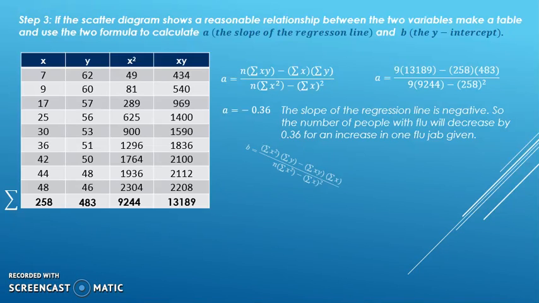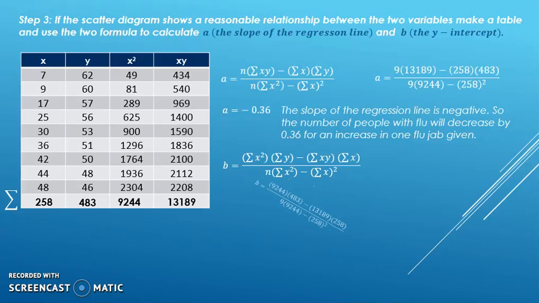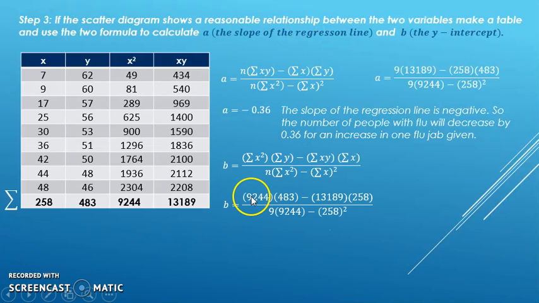Okay, let's go on and find the y-intercept, the B. So once again, we substitute all our values. So we've got the sum of x squared times the sum of y minus the sum of xy multiplied by the sum of x, divided by the number of values times the sum of x squared minus the sum of x all squared. Put that into your calculator and you'll find that B equals